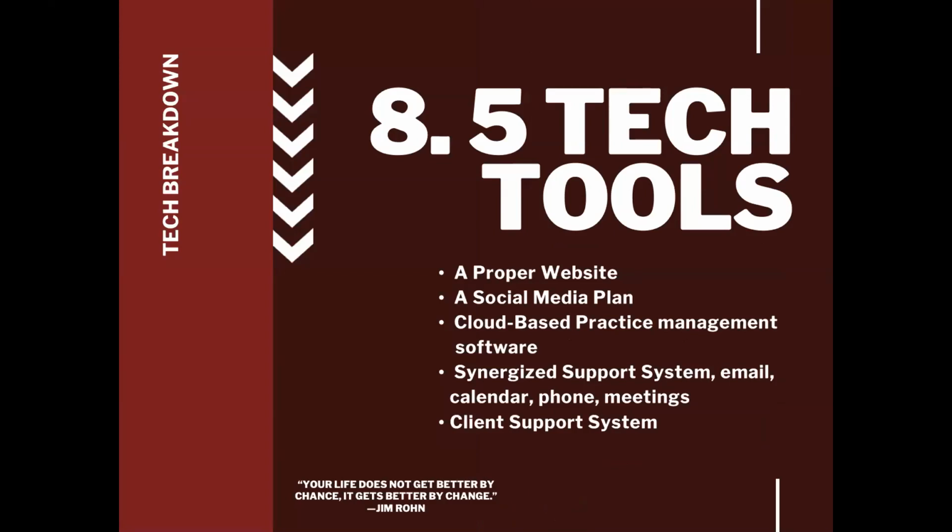Exactly. These are the 5 tech tools we're going to break down individually, and social media is going to be one of them that are non-negotiable that you have to implement. The way in which you implement them is where that warning came in: take the time to now learn about these programs. Don't leave this presentation and get all excited about a software or a SaaS, which is a service to the software,